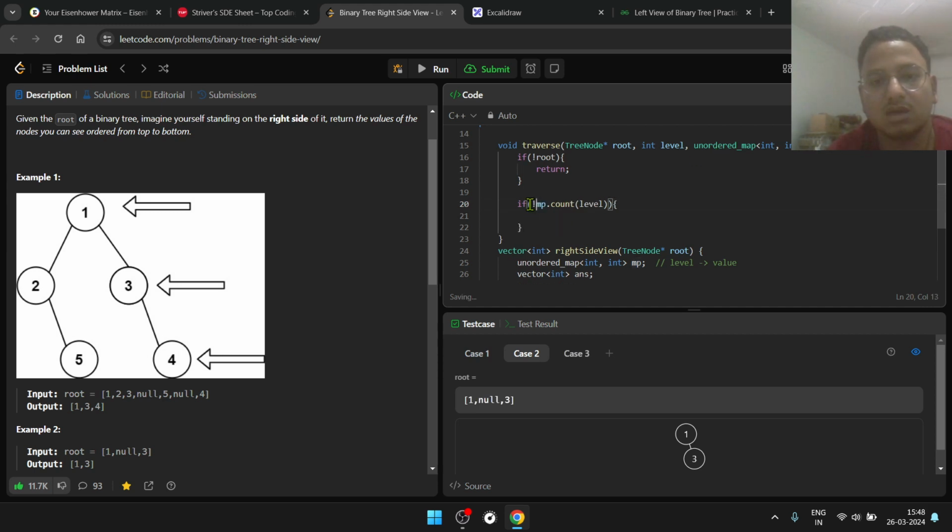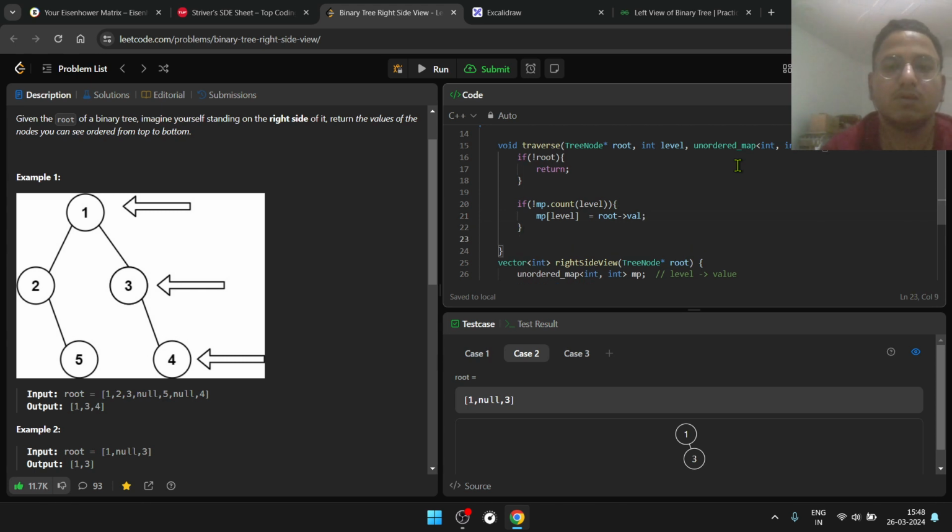But if that does not exist, like if not mp.count, then only I'll push a value for that level. I'll do mp of level equals my root value,